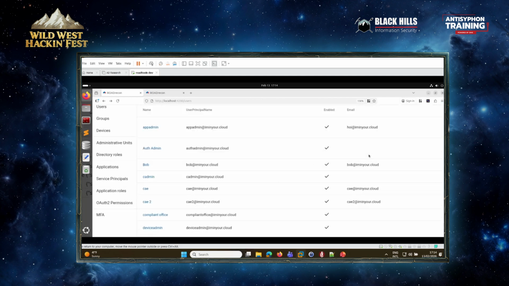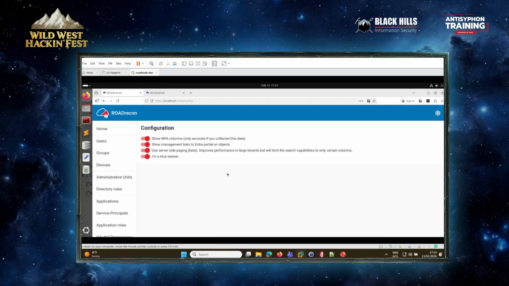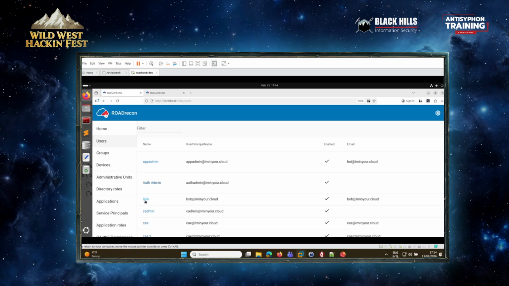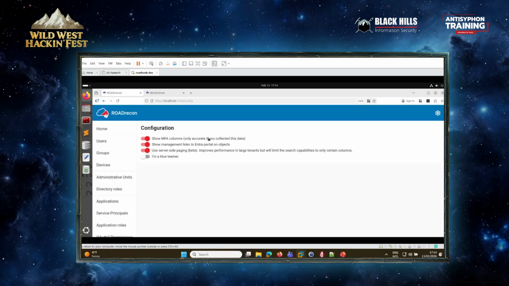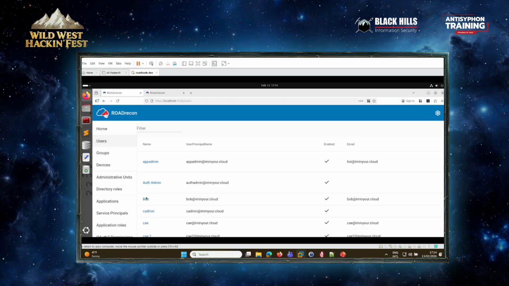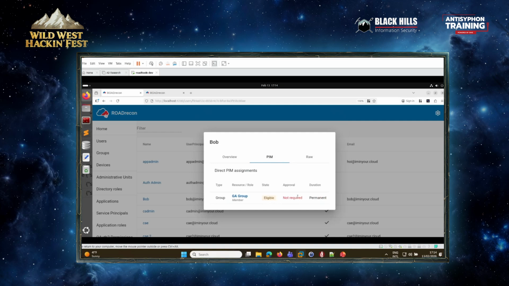And since it's a tool for both red and blue teams, I actually made a small update last night. There's this checkbox, I'm a blue teamer. It was checked. If I uncheck this, then it's good that there's no approval, because now I'm a red teamer. If you're a blue teamer, then of course no approval is bad. So it changes the color. It's the little things. Thanks, Olaf, for the suggestion.